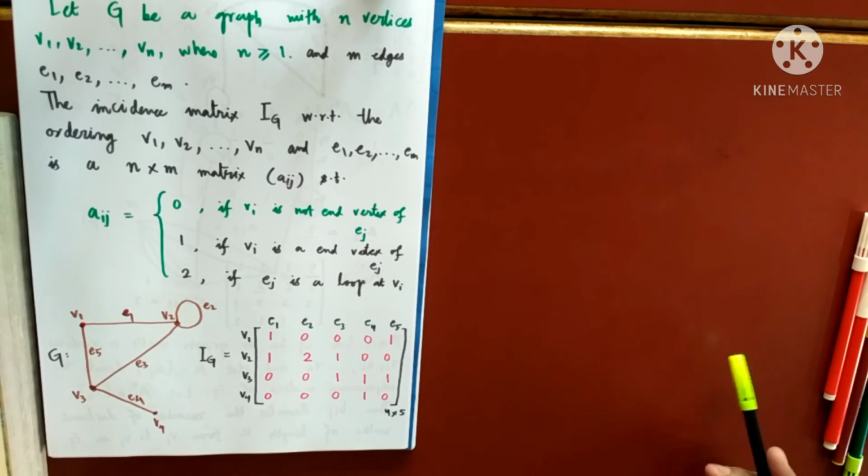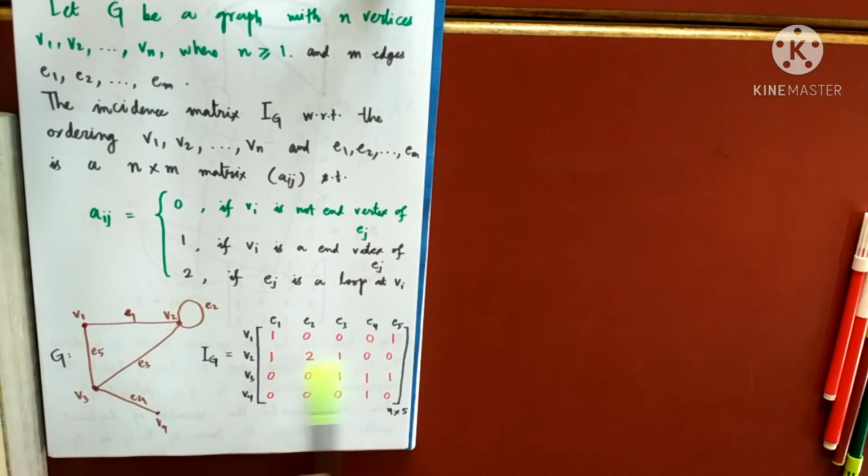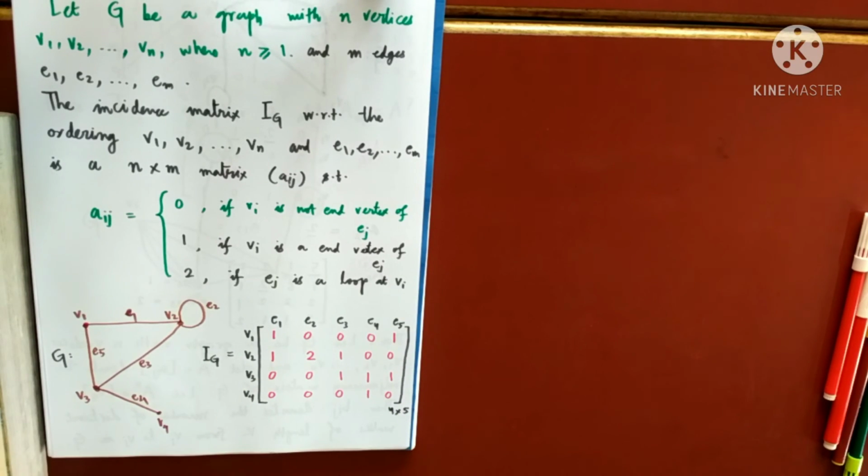A few things to note from the incidence matrix. It may not always be a square matrix because it depends upon the number of edges and the number of vertices. If they are not the same, then the incidence matrix is not a square matrix. Secondly, we cannot talk about symmetry or other properties because it may not be square all the time. So matrix multiplication may not be defined if it is rectangular. And so the incidence matrix is not that important to us.